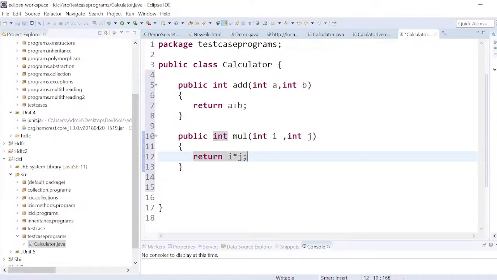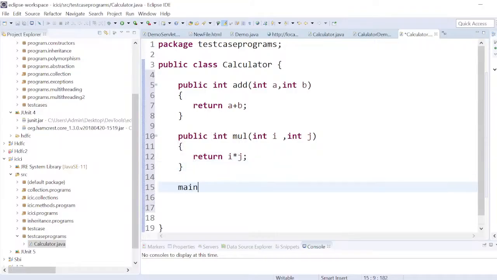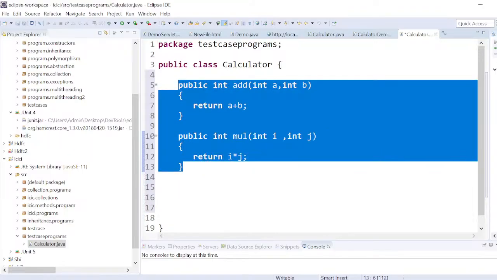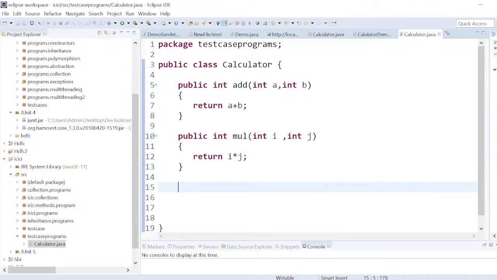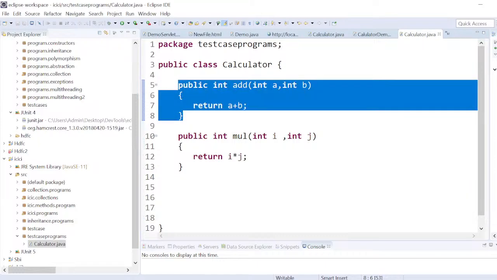Okay, this is the simple program. I taken two methods, add method, and I am passing the two parameters. If I create main method, then I can pass the values and run, and these methods will work. But as of now my requirement is I want to know how each method is working,